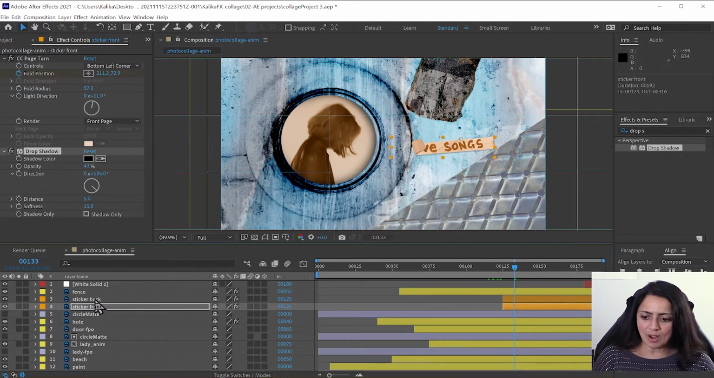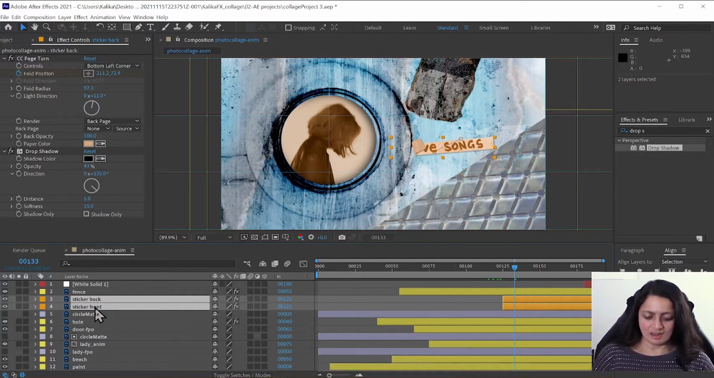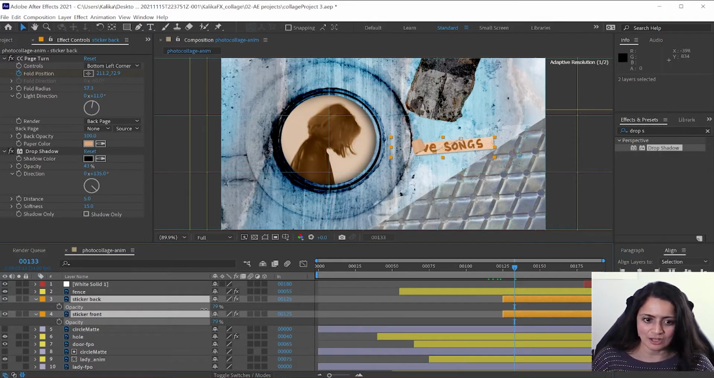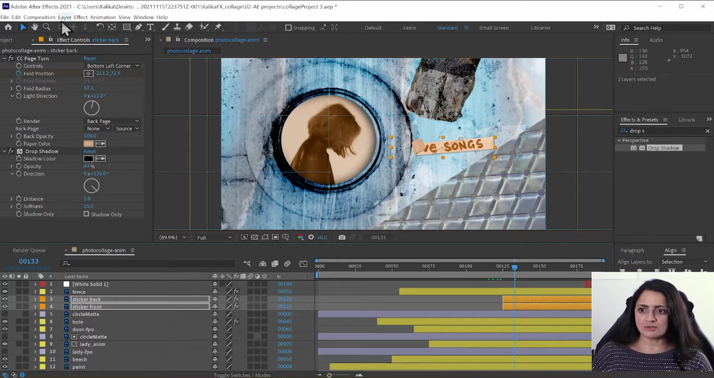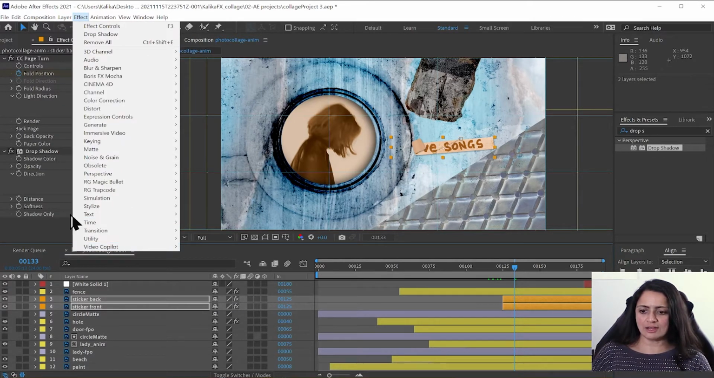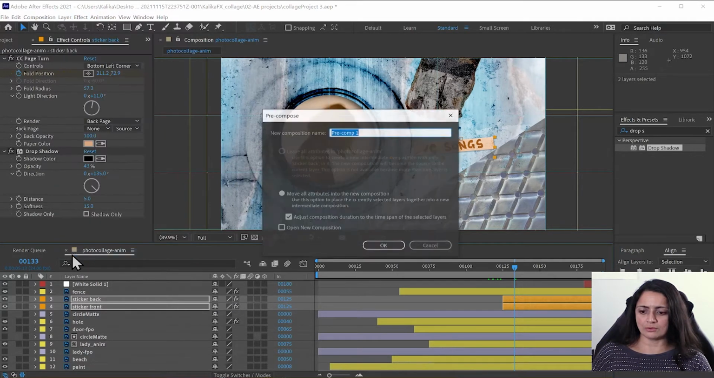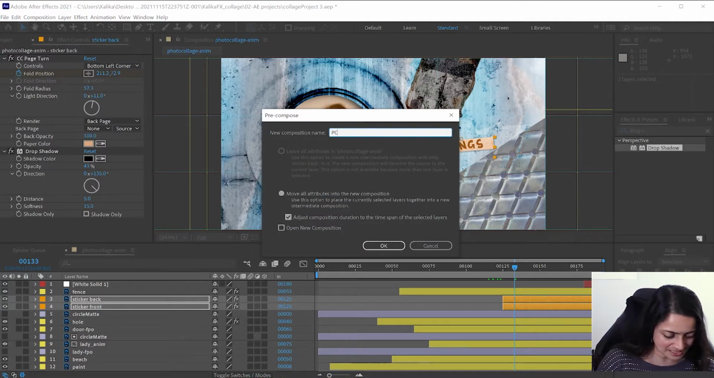Okay, now I want both of these guys to fade on, but right now if I did a fade, look what happens. You start to see the front of the sticker through the back, and that's not cool. So this is an occasion for pre-composing. If I select both these guys and go to Layer Menu, Pre-compose, and I call this PC-sticker,